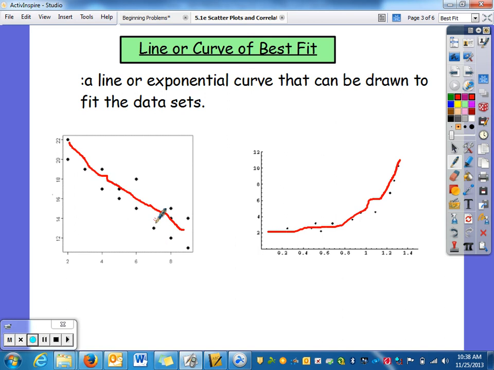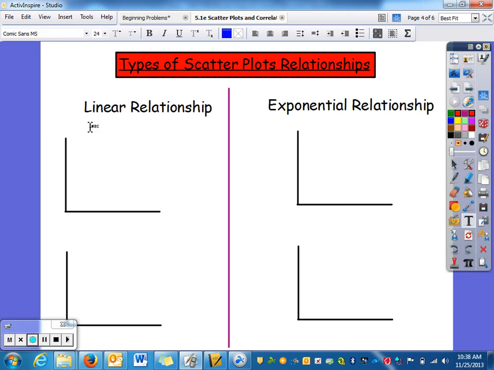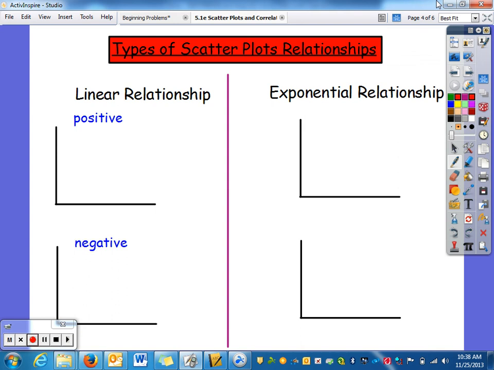Okay. So the point of scatter plots is that there's some line or some curve that fits the data set that can be drawn, and we use this line to predict. And we'll be doing that more in class when we do the work. So there are types of scatter plots. There's a linear relationship, and when there's a linear relationship, it could be positive or it could be negative. And that's referring to the slope. So a positive scatter plot would look something like this, where the points are going upwards. A negative